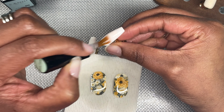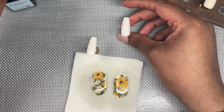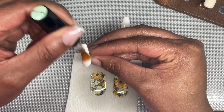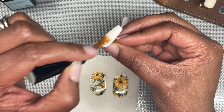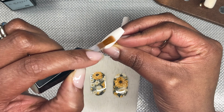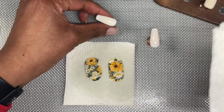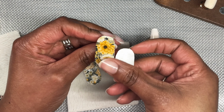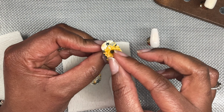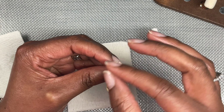While I'm waiting for the decal to release from the paper backing, I'm going in with ish's Gel Base Coat, and I'm applying that to those two nails, and I'm going to pop them in my LED lamp for 60 seconds. And that's only because the decals need something to stick to. You could use sticky base coat, but gel polish lets you move the decals around on the nail. And so I'm just removing excess water with that other piece of paper towel, smoothing out the decal, and then